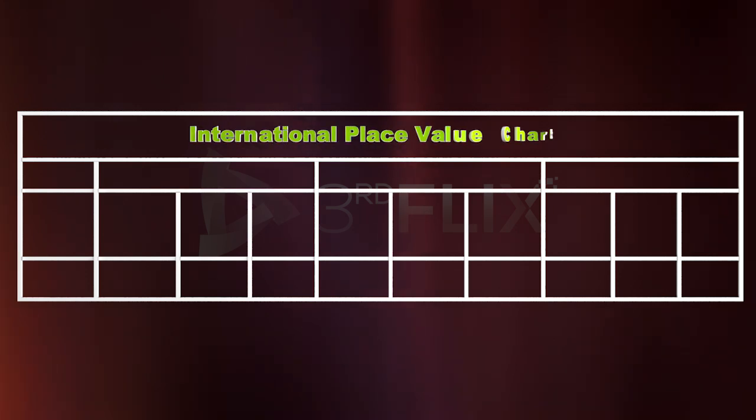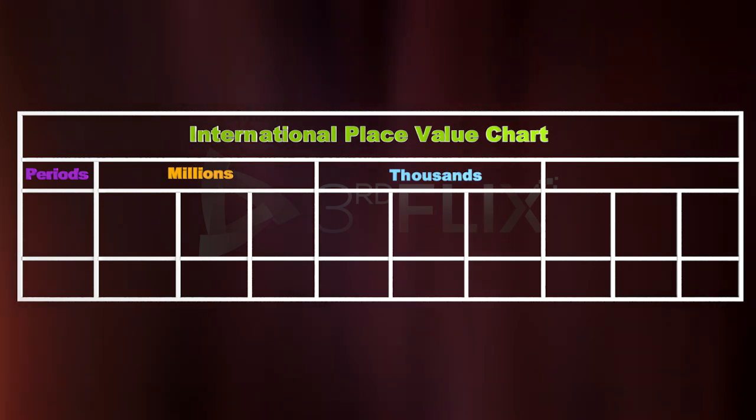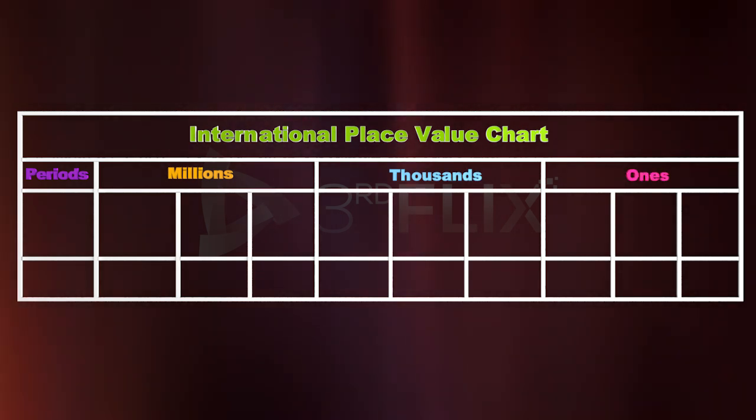International Place Value Chart. Periods: millions, thousands, ones. Places: